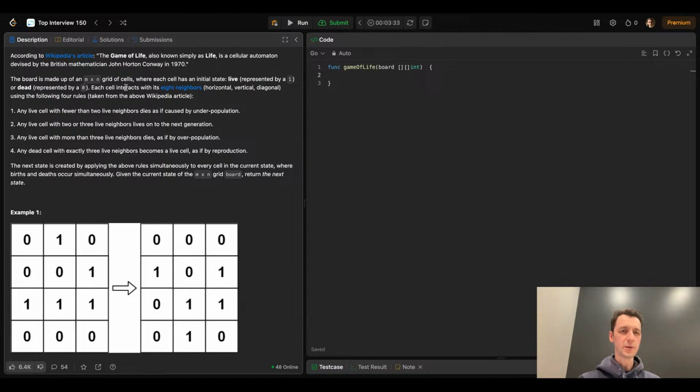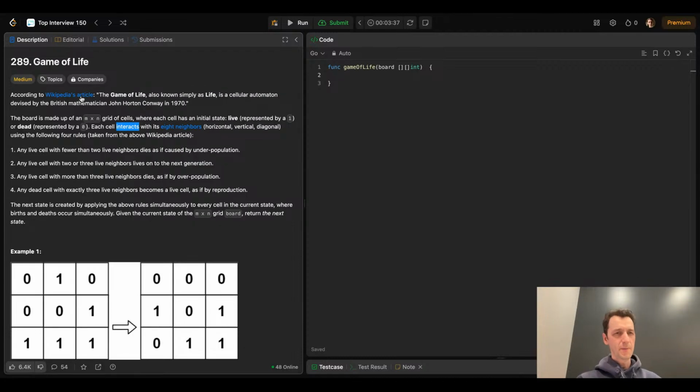Each cell interacts with its 8 neighbors. Do I need to read that article? That's what I'm curious about. Conway's Game of Life, cellular automaton. I don't know how to pronounce this word. So, anyway,